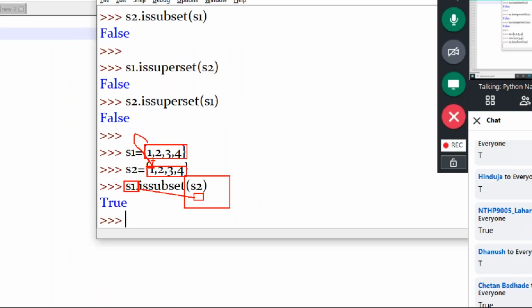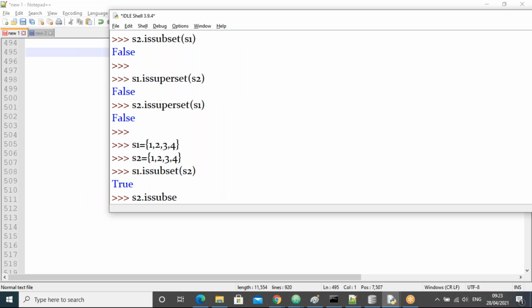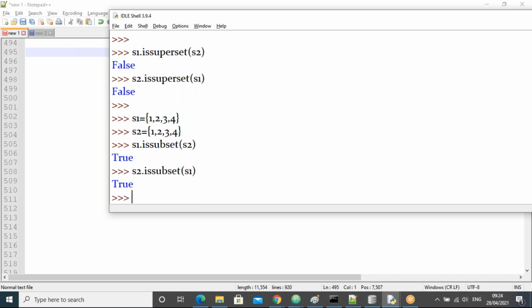It is true, guys. S2 data is a subset of S1. Now, guys, let me know. Yes, guys, true.